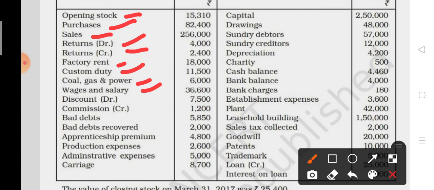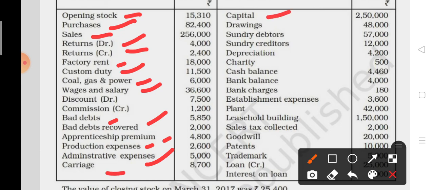Now discount debit and commission credit are given, 7,500 and 1,200. Discount debit means this is the indirect expense, it will come in the profit and loss account, and commission credit means this is income and it will come in the profit and loss account. Bad debt recovered, apprenticeship premium, production expenses, administrative expenses, carriage 8,700,